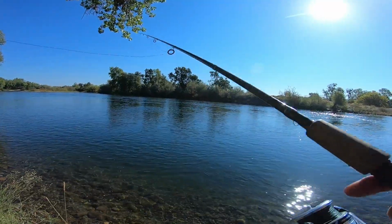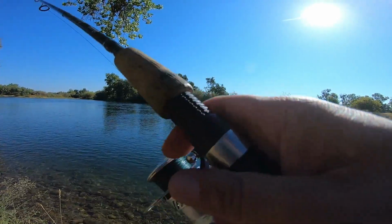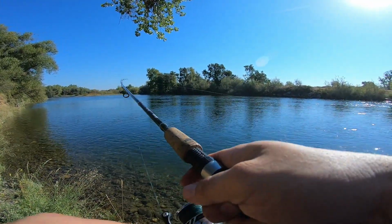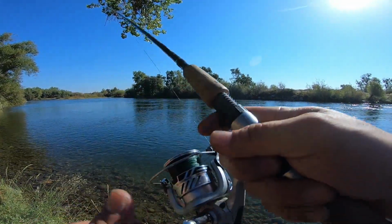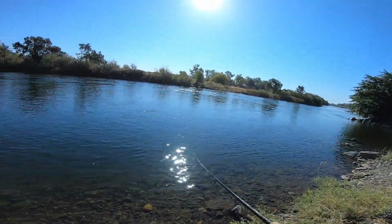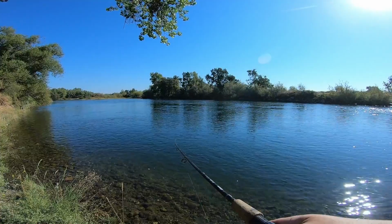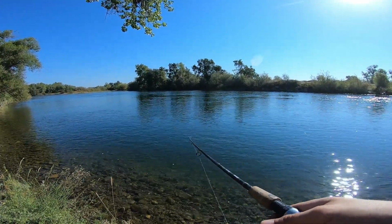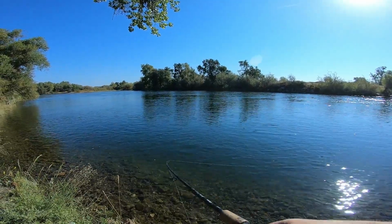It's your string. So after you got your rod and your fishing license, and you decided to do some fishing, you got your rod ready, make sure you got good string. I recommend 15 pounds and above is good. Most of the fish out here are under 20. If you do happen to catch a really big one,